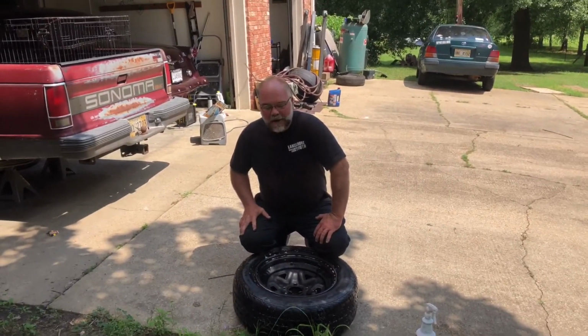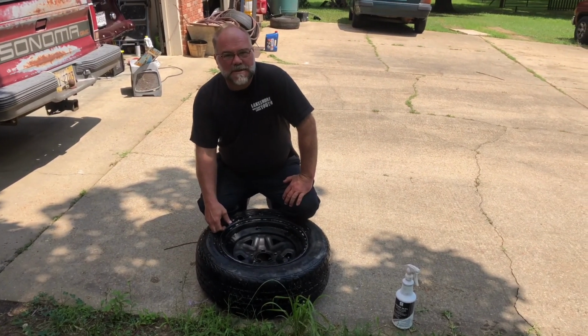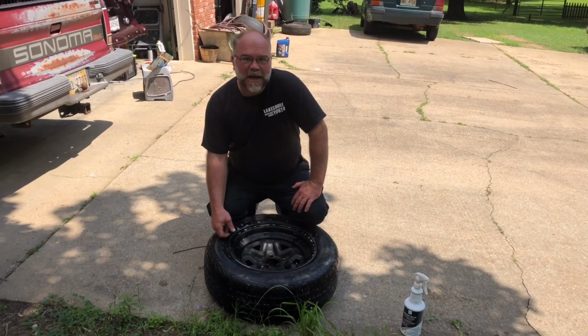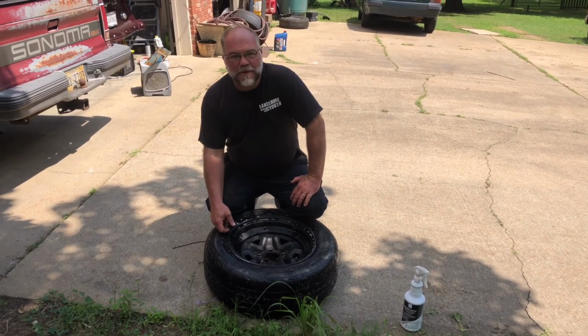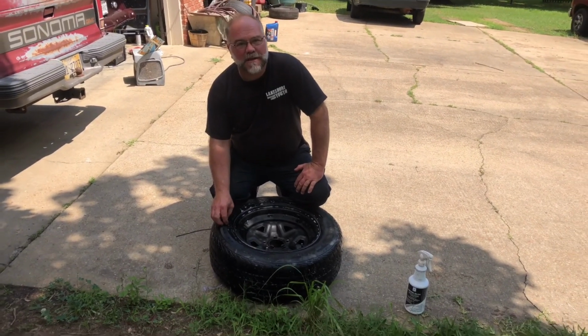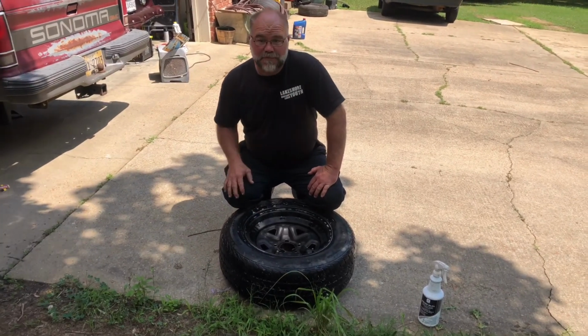Alright, we're here with a tire. We're going to do a quick lesson on how to check a tire that slowly loses air over time and you can't seem to find the leak. Every week you're having to pull in and get air, so you decide you're going to pull the tire off and try to find the leak. Well, if you can't immediately find something stuck in the tread, nail, screw, bolt, millions of things of debris that